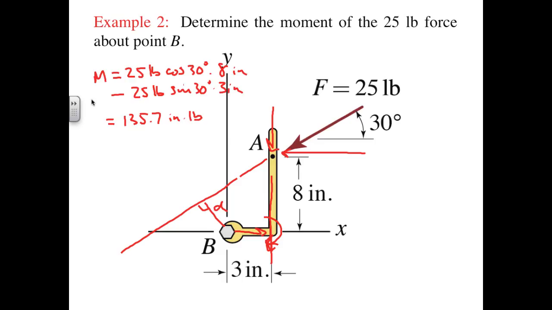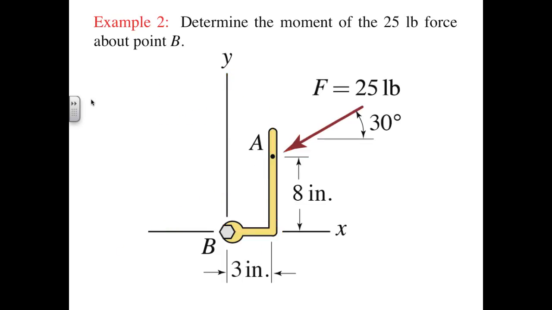The contribution from Fy is in the clockwise or negative z direction. So the net result is that this is going to be a moment that has a net value in the positive z or plus k direction. To use the vector approach, we now have this position vector to A,